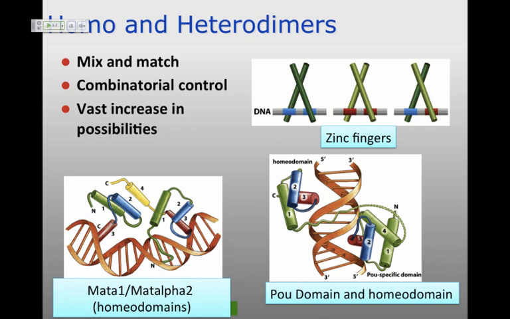Another great thing about dimers, as well as getting that cooperative binding, is it also allows the cell to have a lot more flexibility in terms of what DNA sites these particular DNA binding proteins interact with. And if you think about the human genome, 3 billion base pairs in each of your haploid genomes, so 6 billion base pairs, you've got to find exactly the right place to bind at the right time and place.